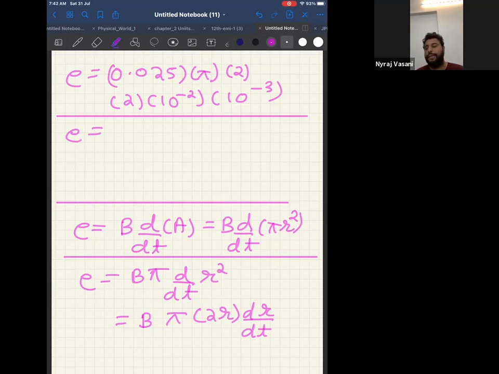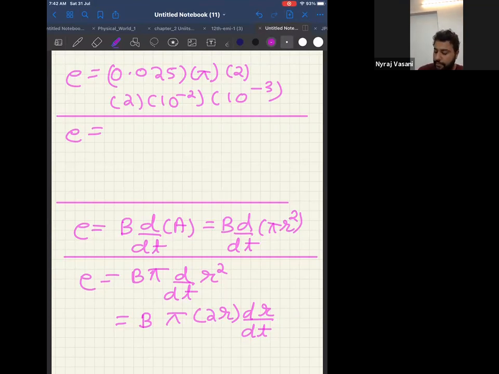So first, let us do one thing. Let us keep pi as it is, and let us see whether we are getting any options. If not, then you have to substitute the value of pi also, because some of the options are without the value of pi. So first, we'll keep pi as it is and see whether our answer matches their options.